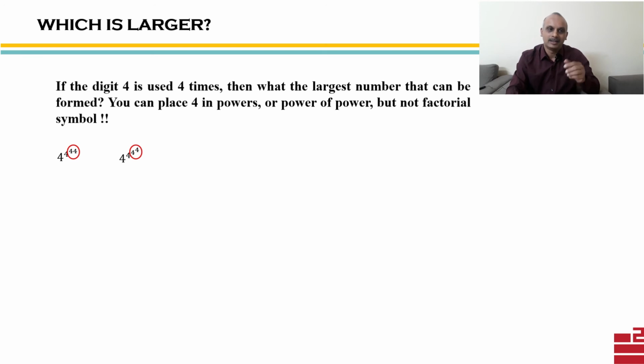What I am saying is, in the two numbers we have 4 to the power 4 to the power 44 as the first number. The second number is 4 to the power 4 to the power 4 to the power 4. So the only thing we have to compare is 44 there and 4 to the power 4 there. The rest of the portion of the numbers is the same. And so we easily realize that 4 to the power 4 is larger than 44. And therefore the first number is smaller and the second number is bigger.